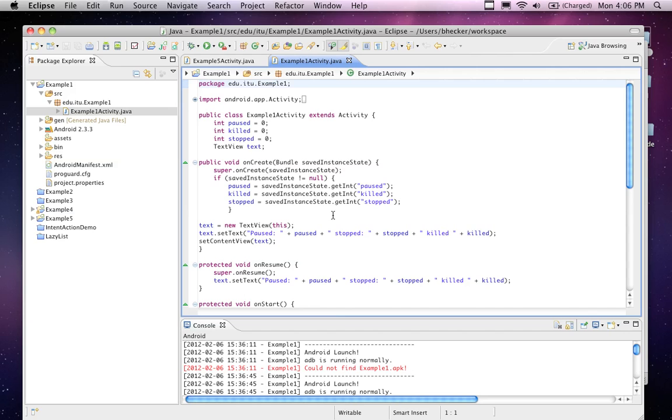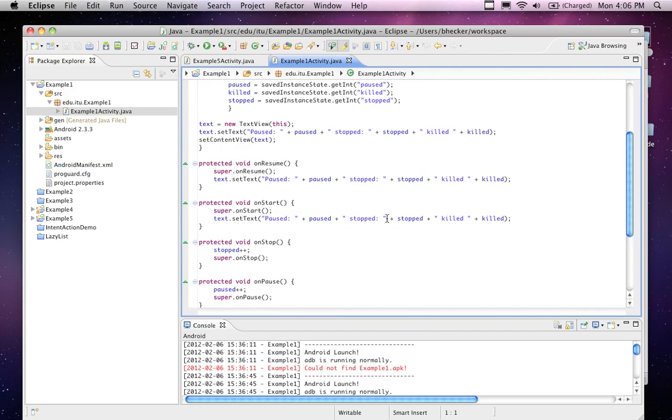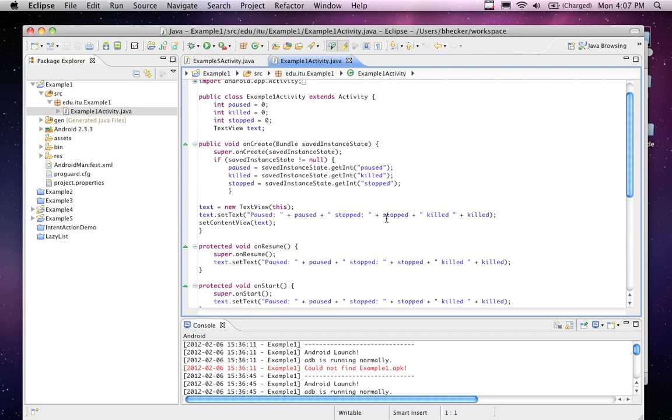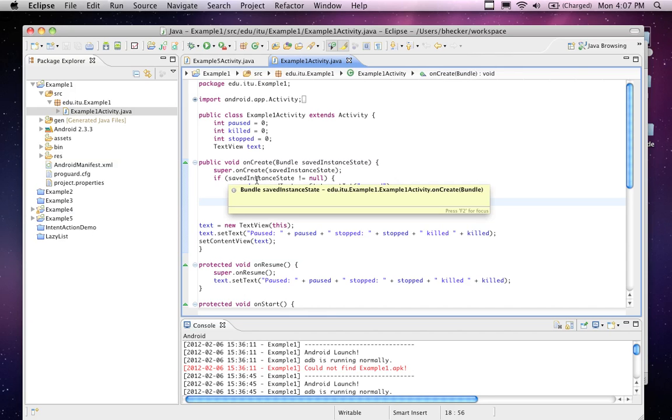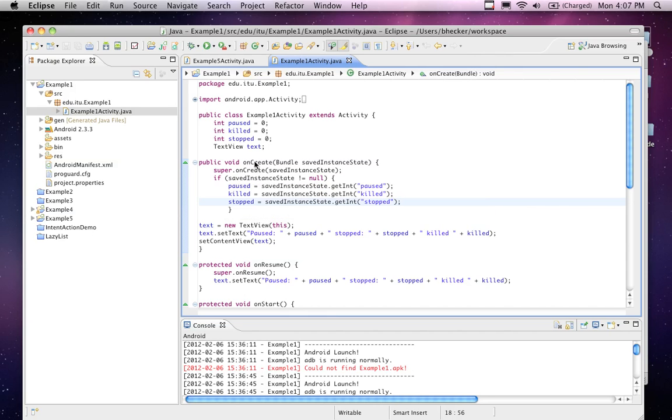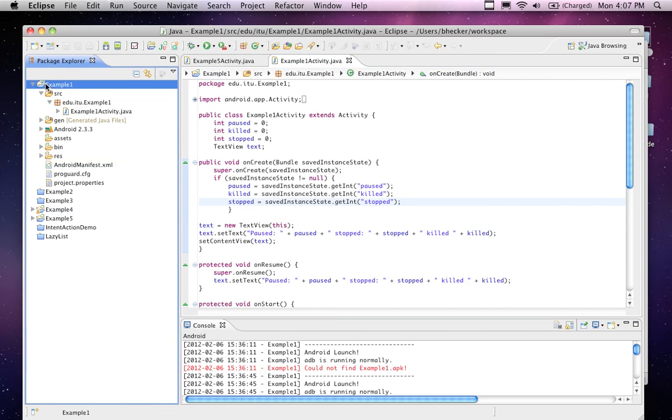It was keeping track of how many times the program started, stopped, or was paused. And the interesting thing is now with this other emulator, I can actually show you a pause because I can pause it, which you don't normally get in other emulators. But let me just demonstrate this to you for a minute here. We're basically keeping a counter for paused, killed, and stopped, and it's going to be incremented. And it's basically showing you that this is really a thread application. And this thread itself was paused for another thread to run, or it was stopped, or it was started, or it was killed. So if I run the application,